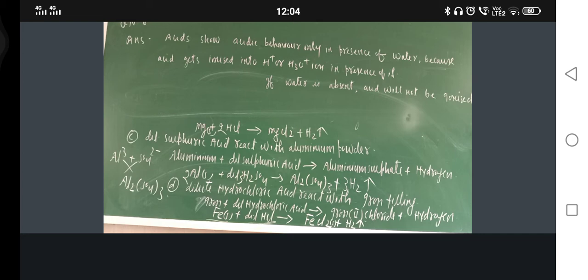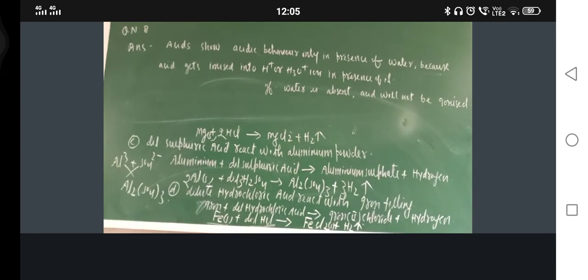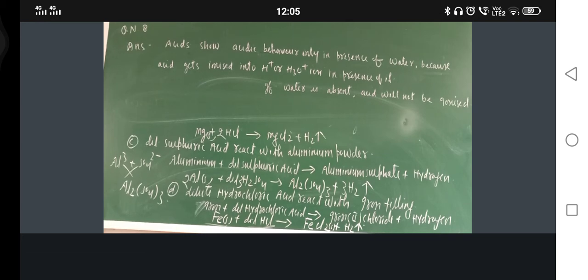Now question number 9. 5 solutions A, B, C, D, E when tested with universal indicator showed pH as 4, 1, 11, 7 and 9 respectively. Which solution is neutral? Which is strongly alkaline? Which is strongly acidic? Which is weakly acidic? Which is weakly alkaline? Arrange the pH in increasing order of hydrogen ion concentration. Yes, we can do this one. Hydrogen ion concentration we can do. Okay,